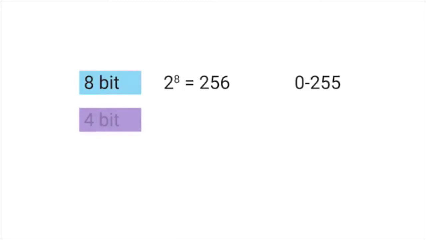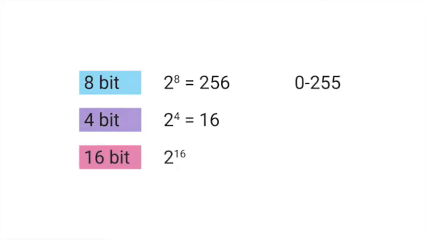When working with various computing technologies, you'll often run into the concept of bits, or ones and zeros. There's a pretty simple trick to figure out how many decimal numbers can be represented by a certain number of bits. If you have an 8-bit number, you can just perform the math 2 to the power of 8. This gives you 256, which lets you know that an 8-bit number can represent 256 decimal numbers. Or put another way, the numbers 0 through 255. A 4-bit number would be 2 to the power of 4, or 16 total numbers. A 16-bit number would be 2 to the power of 16, or